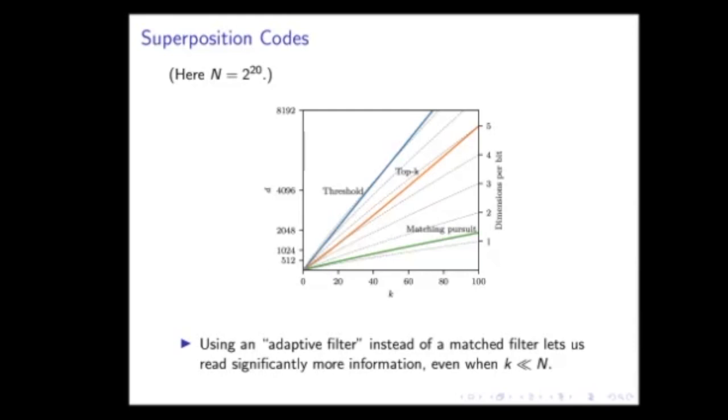Threshold and top k have this property that as I increase k, the dimensions per bit I'm paying diverges to infinity. And in this classic regime of compressive sensing, which I haven't even talked about, that's kind of the case where I'm all the way, I'm way, way, way past the right of this graph in a regime where k is a fraction of n. You wouldn't even consider threshold and top k because they're just ridiculous. But when k is very small compared to n, it's interesting that these strategies are kind of competitive. They're kind of in there, but there's still a big gap with what should be possible in terms of information density.